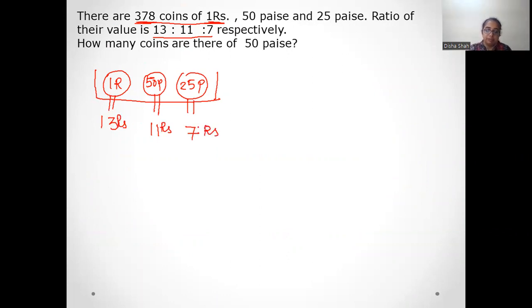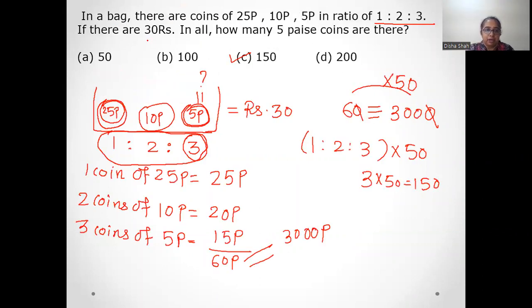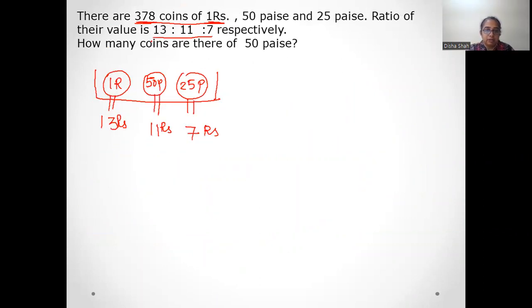फिर नाउ व्हाट इज द डिफरेंस बिटवीन द प्रीवियस क्वेश्चन एंड दिस क्वेश्चन? पहले वाले क्वेश्चन में रुपीस टोटल दिया गया है। यहाँ पर टोटल नंबर ऑफ कॉइन्स दिए गए हैं। Now just imagine that you have 13 rupees. मान के चलते कि बैग में 13 रुपए, 11 रुपए और 7 रुपए, ओके, इतने ही रुपए हैं बैग में। तो 13 रुपीज जो है वो किससे बन के आए हैं? वो 1 रुपी के कॉइन से बन के आए हैं। 1 रुपी के नंबर ऑफ कॉइन्स कितना होना चाहिए, तब जाके वो 13 बनेगा? तो नंबर ऑफ कॉइन्स 13 होने चाहिए।